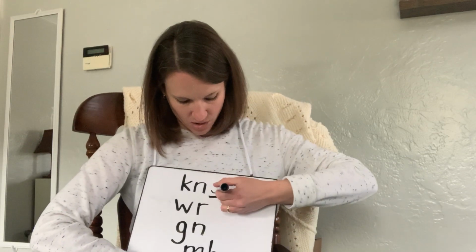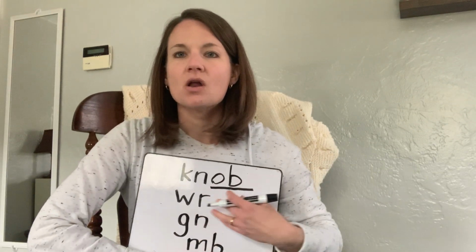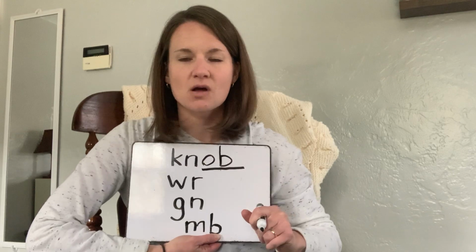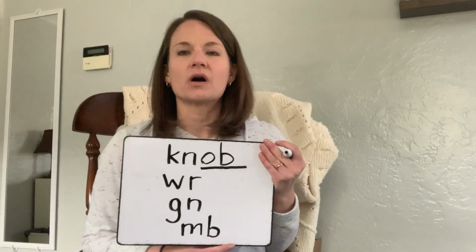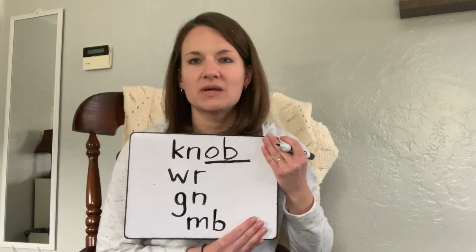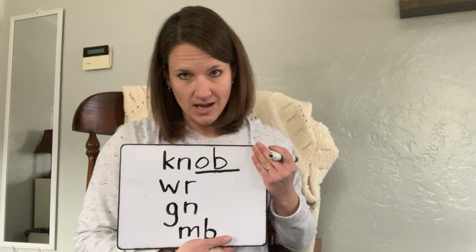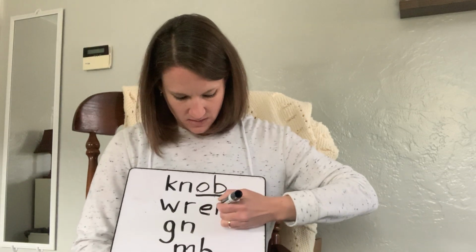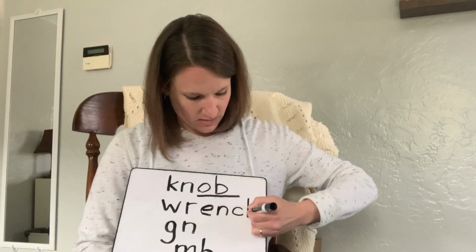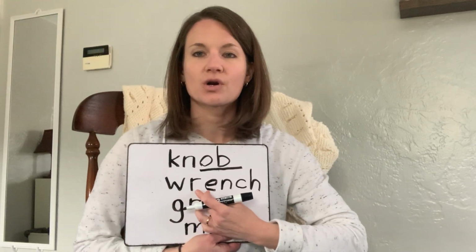So if I add O-B, I have the word knob. Okay, K does not make any noise at all. The same thing is true when you have W-R. W-R will always come at the beginning of the word, and the W is silent. So again, if I add E-N-C-H, pretend the W is not there and start with